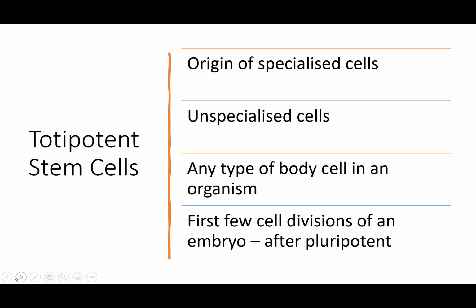So that's really, really important. So it's those first few cell divisions of an embryo. After this point, the embryonic stem cells become pluripotent. They can still specialize into any type of cell in the body, but they lose the ability to become the cells that make up the placenta. So your totipotent cells basically have that ability to be any body cell